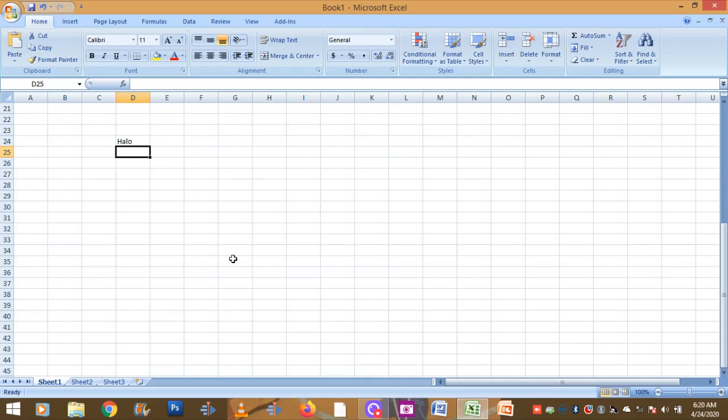Here you can enter the next data. Each cell will record individual data. In the first cell, we have already entered hello. In the second cell, I am entering hi. Press Enter. Now we are in the third cell. In this way, we can easily record data in each and every cell.